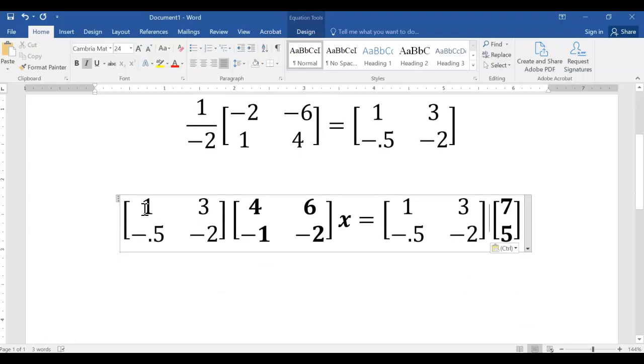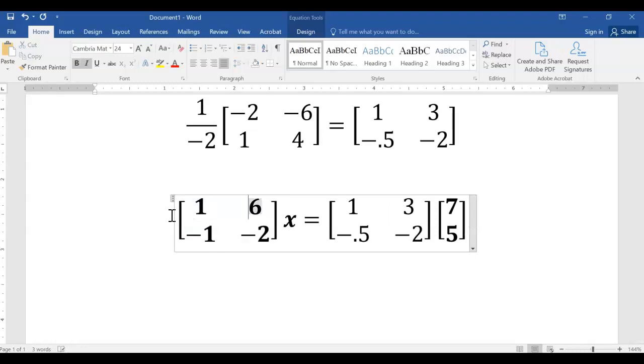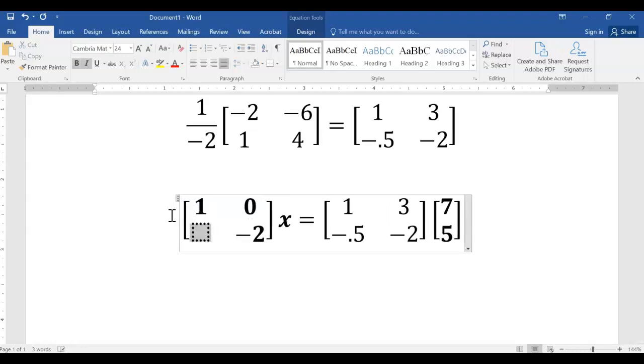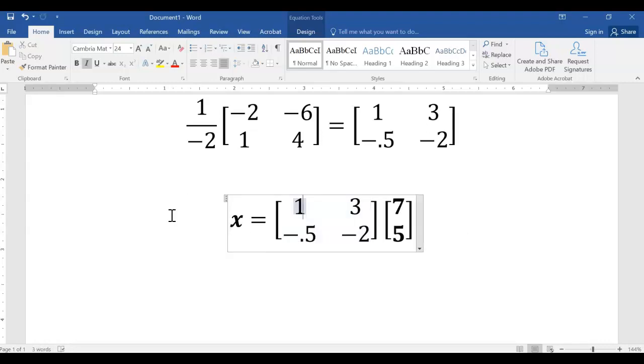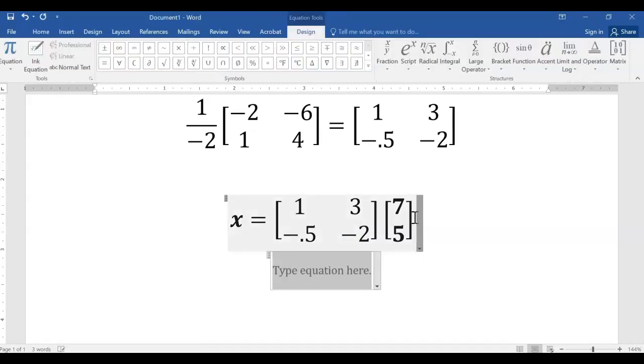And what happens is that the inverse times this matrix is just going to end up as the identity. We just mentioned that, so you're going to get the identity matrix times x. Well, the identity matrix times any matrix is just your x. And then we can multiply this matrix times this vector and get out a solution for x. So we get x equals,